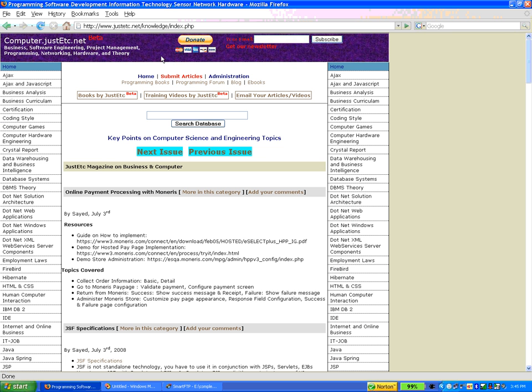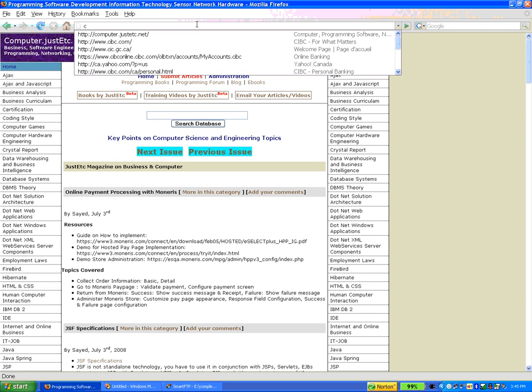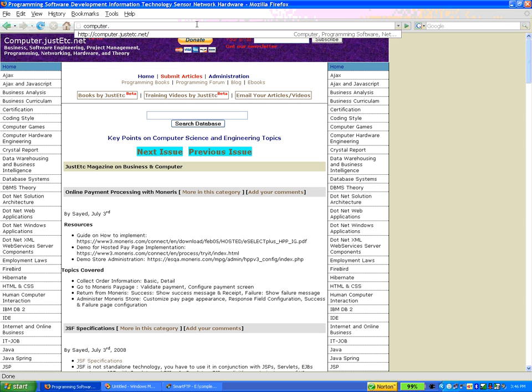So I'm going to the web page, computer.justetc.net. So you see an article or short notes on online payment processing with Moneris. It lists the things as I mentioned previously. I think the article may not always be here, so it's better you come through searching